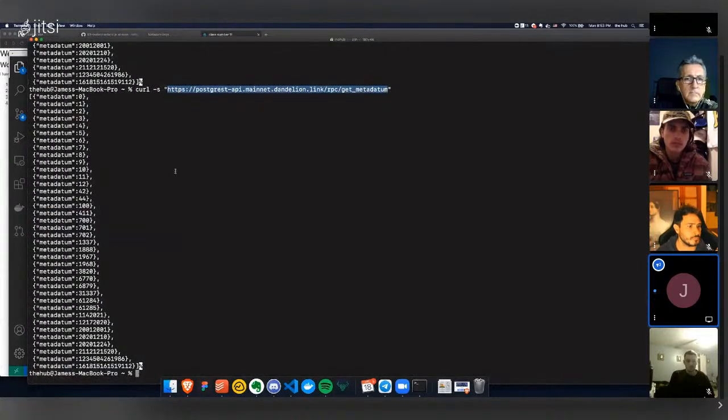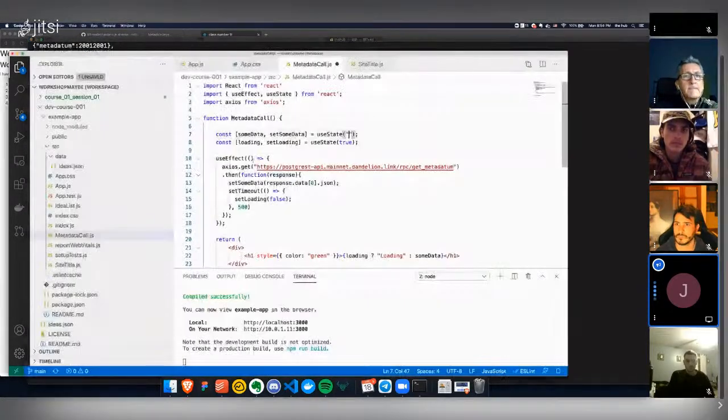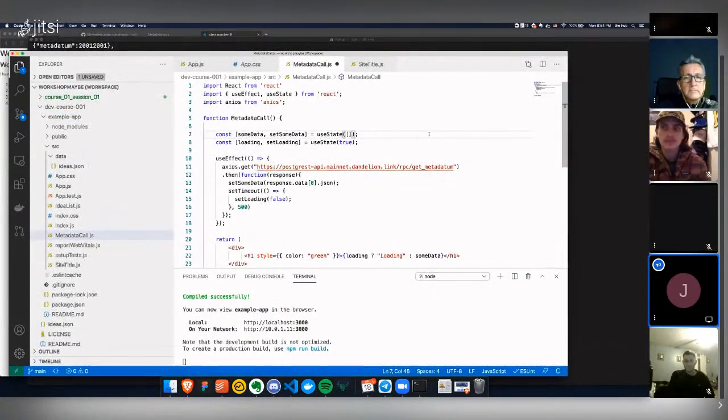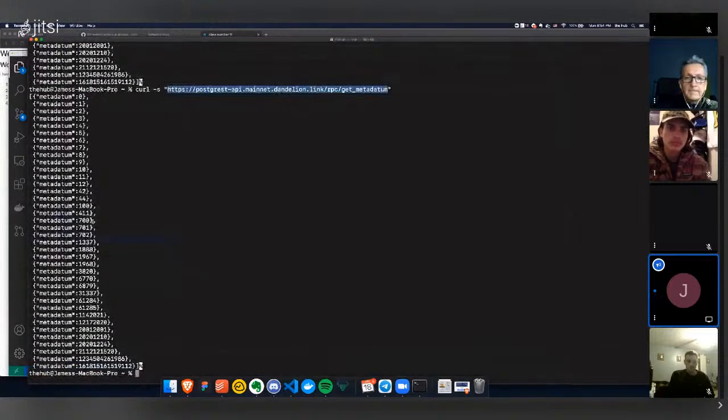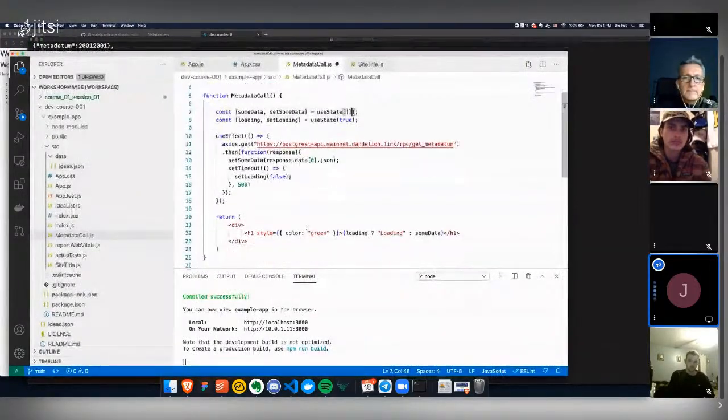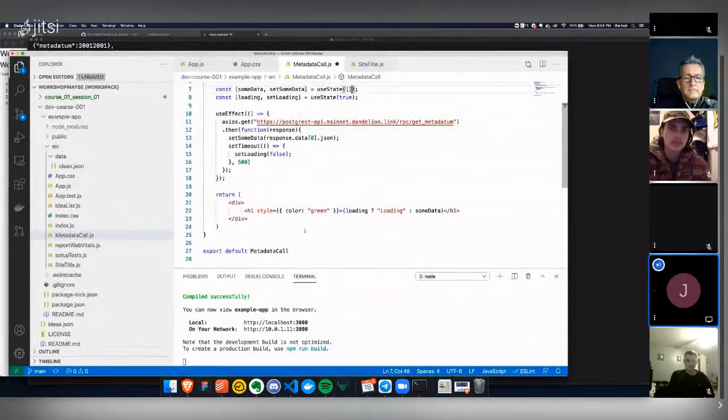It returns an array. So what I want someData to be is an empty array when it opens up. So far, so good. All right. So if I make this request correctly, it's going to return an array that has all this data in it. Okay. And if that works,